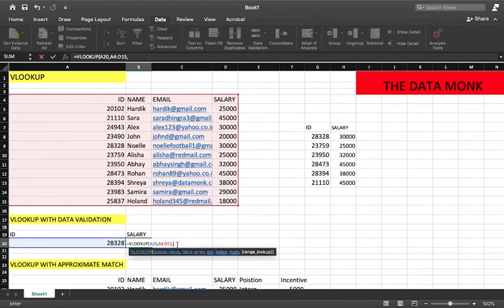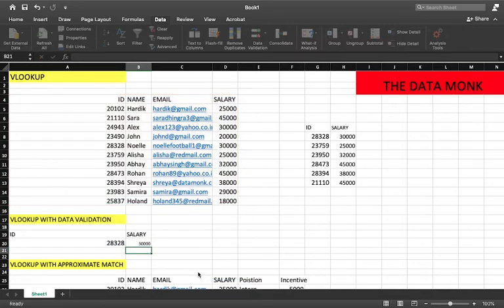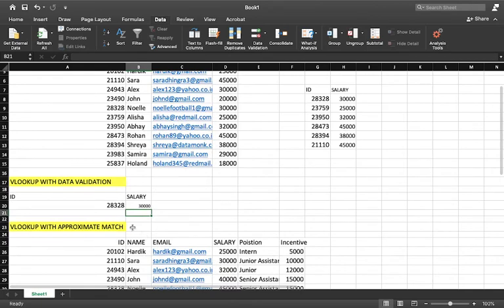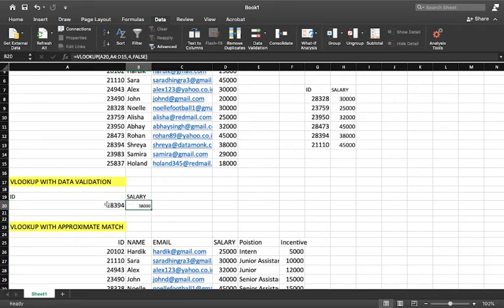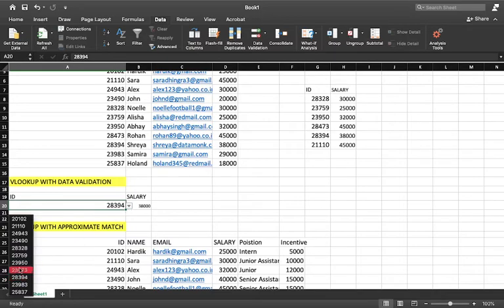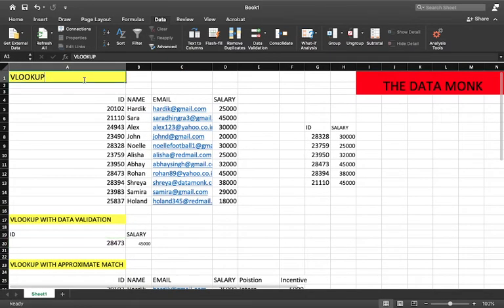Then my column index is 4, and this is false for exact match, closing the parenthesis, and if you see, we got the value. Now for example, I want a value for this, so it will keep on changing, so I don't have to choose again and again. I can directly choose the values, and it will keep on giving me the salary side by side, right? So this was our VLOOKUP with exact match, right?